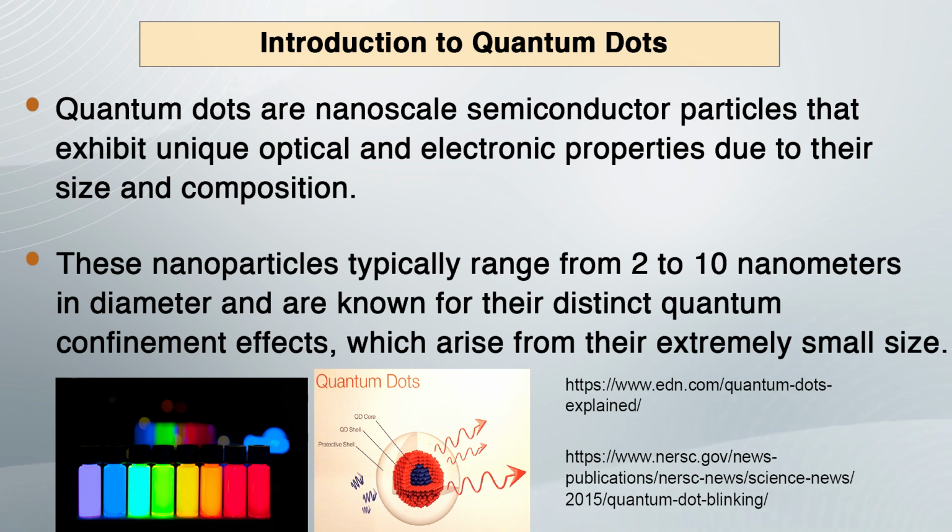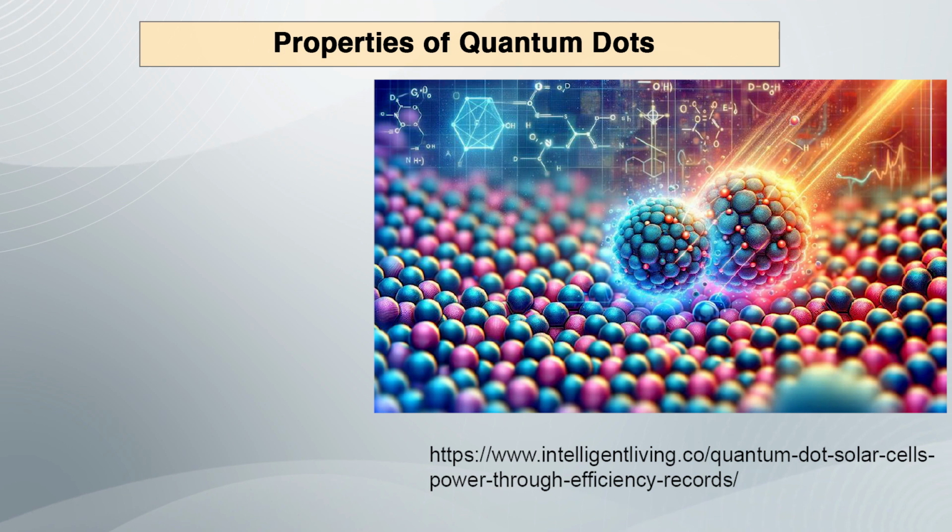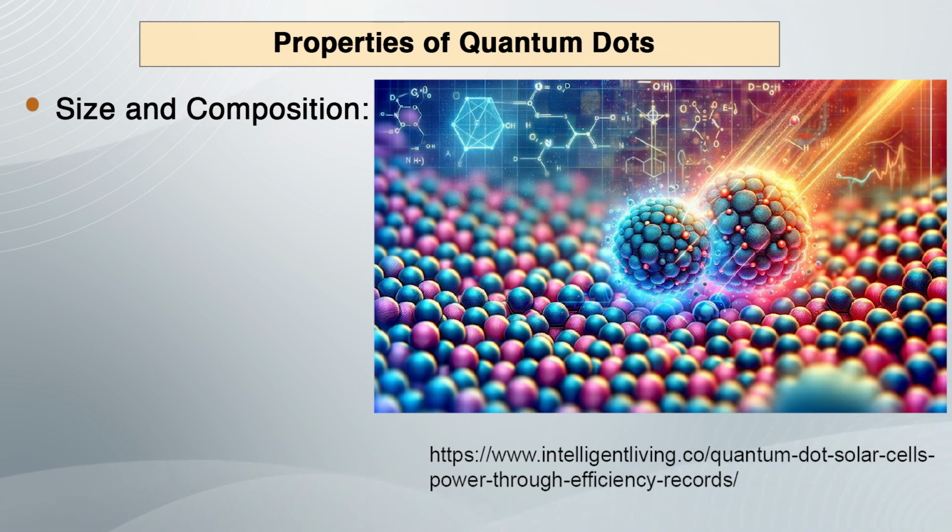This quantum confinement leads to size dependent optical properties that make quantum dots versatile and valuable in various technologies and scientific applications. Now let us discuss the properties of quantum dots. First is size and composition. The size and composition of quantum dots can be finely tuned during their synthesis, allowing for precise control over their properties. The size of quantum dots typically ranges, as discussed, from 2 to 10 nanometers, and their optical and electronic